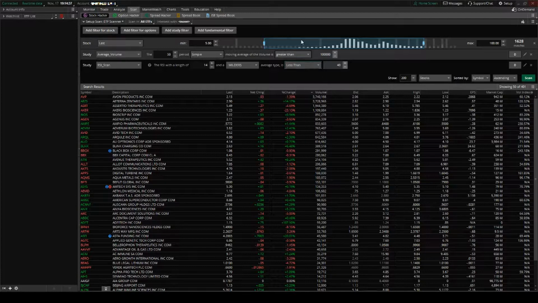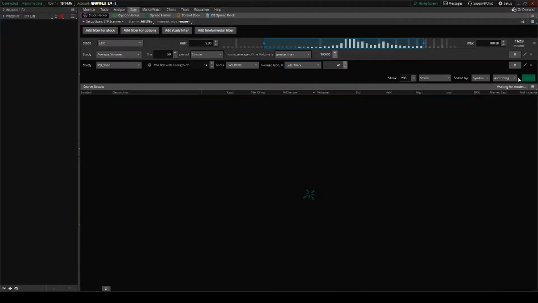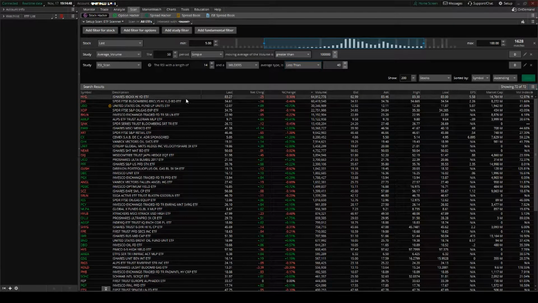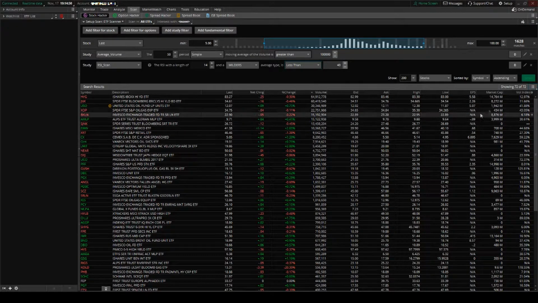Okay, and again, you can go up here and you can save this. You can call it whatever you'd like, and then when you run your scan, again, it's going to show you a pretty big list. So right now it's showing me there's 72 ETFs that meet all of these criteria. Okay, again, you can save this as a watch list. So I'm going to say ETF scan example,